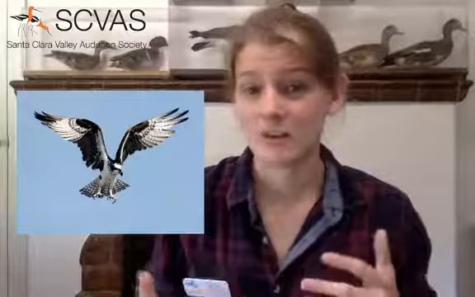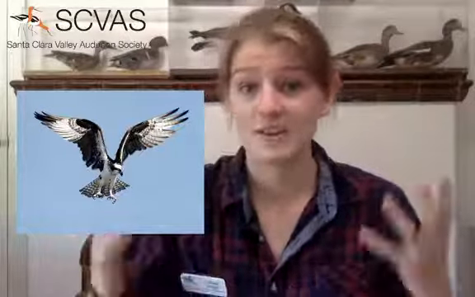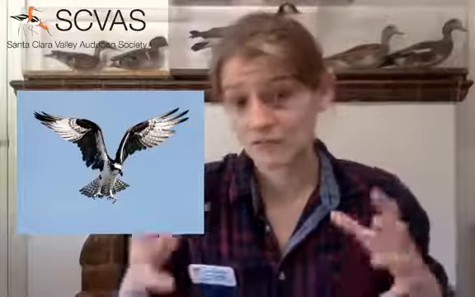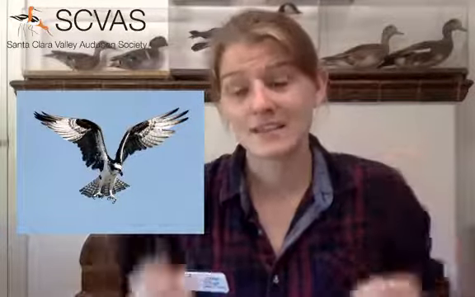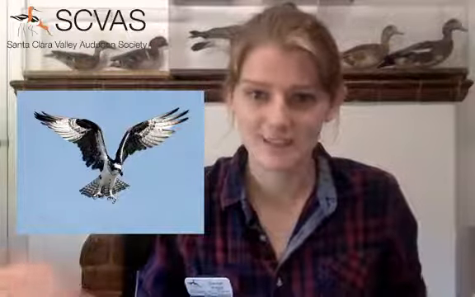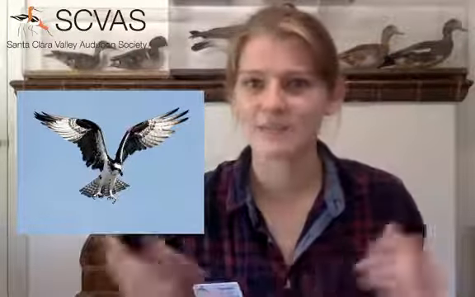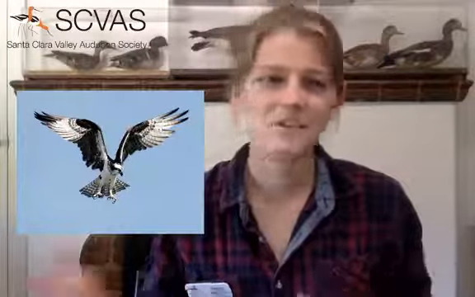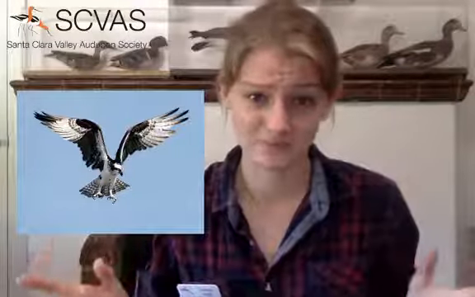Many of our hawks will have dark caps or an entirely dark head, so that really distinctive striping is a really good field mark to keep a hold of. But sometimes you don't get to see the head very well. They're moving too fast. It's a relatively small body part, so we're not going to always rely on that, right? We need some other things to help us out.